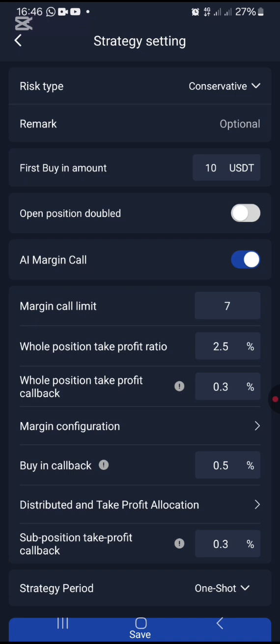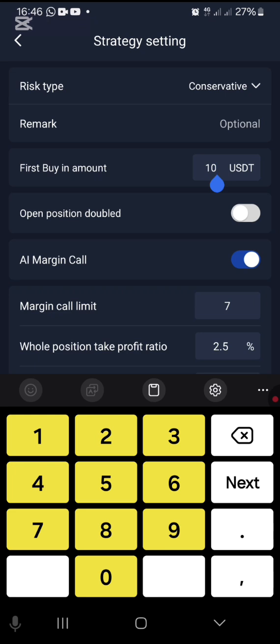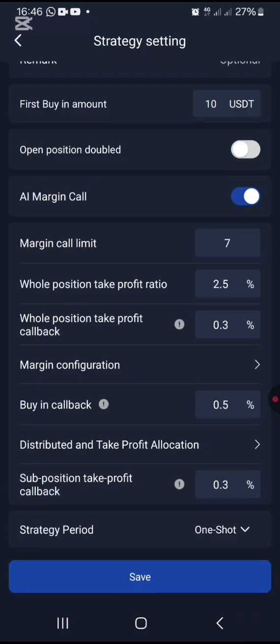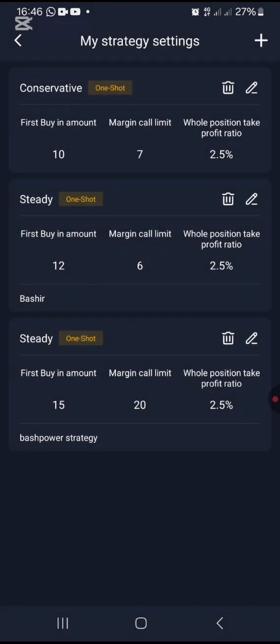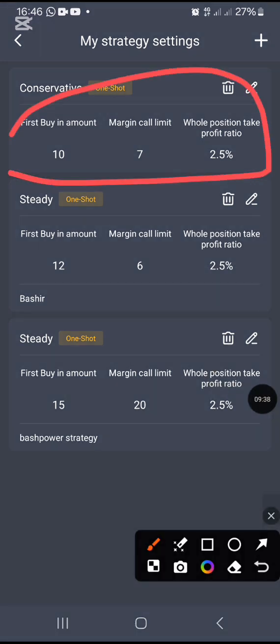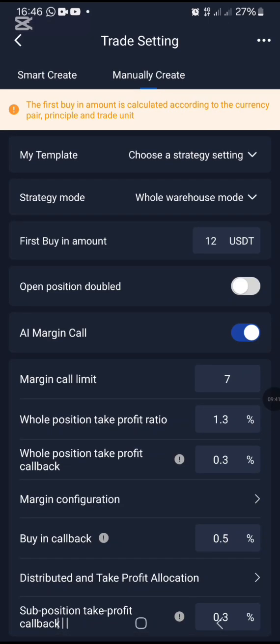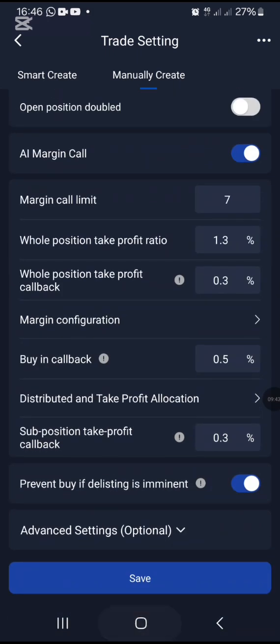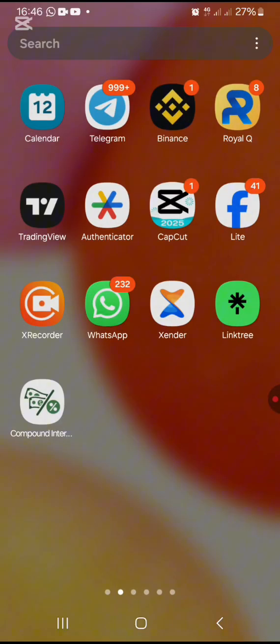For you to effectively do dollar cost averaging, you need at least $200. Let's say, for example, you have $200 and we change this 10 to a 5. You can cope with it. So you save your strategy. This is my strategy here. Saved. When setting up any coin, after making my analysis, like for example, I make